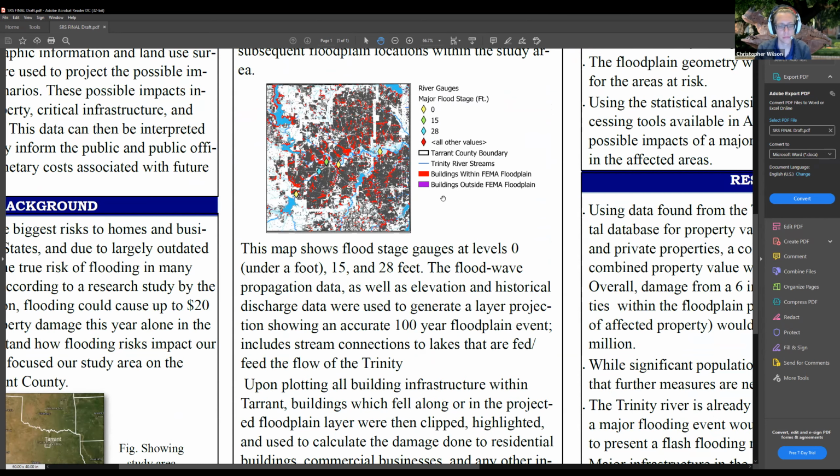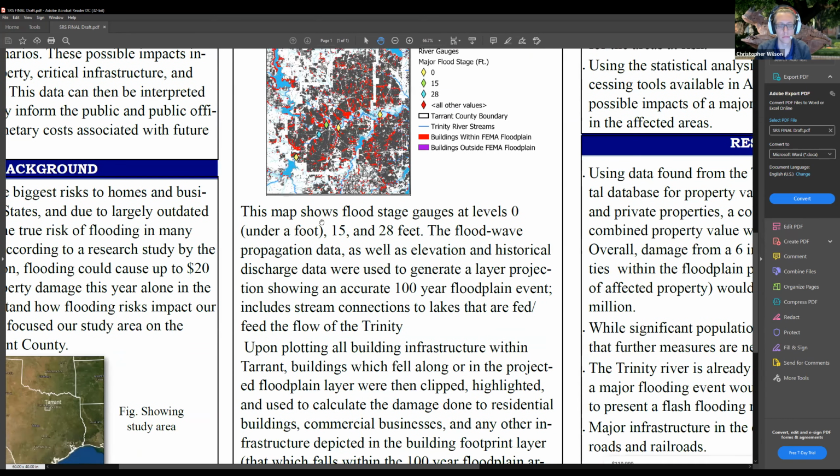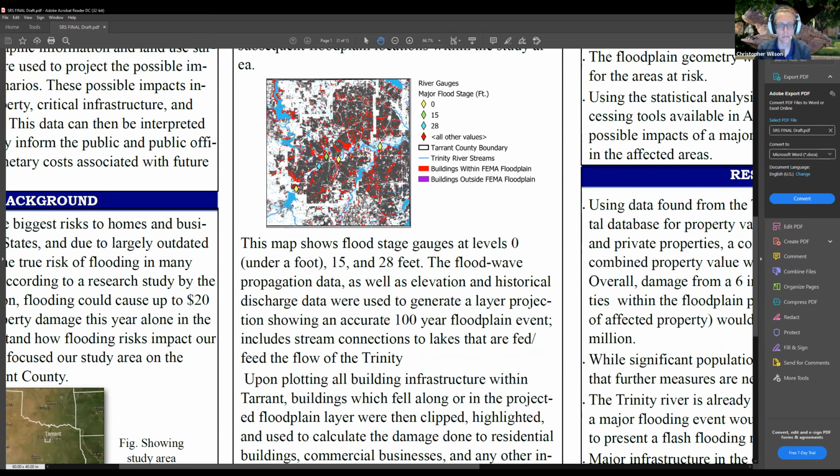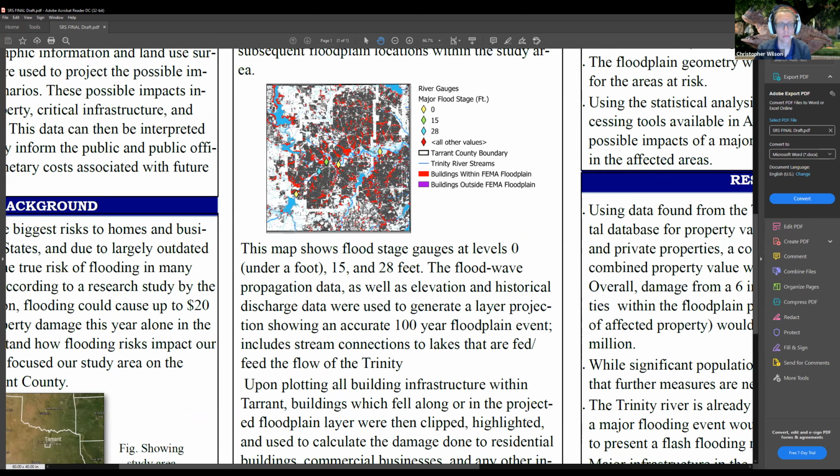And so these lighter blue colors that you see in the graph itself, those are the floodplain locations. Where the bright red color is, that would be buildings or infrastructure that we found that occur within the floodplain location. And then the lighter gray/purple areas, those are buildings that are unaffected. And so as you can see in Tarrant County, there are quite a few buildings that are impacted by such